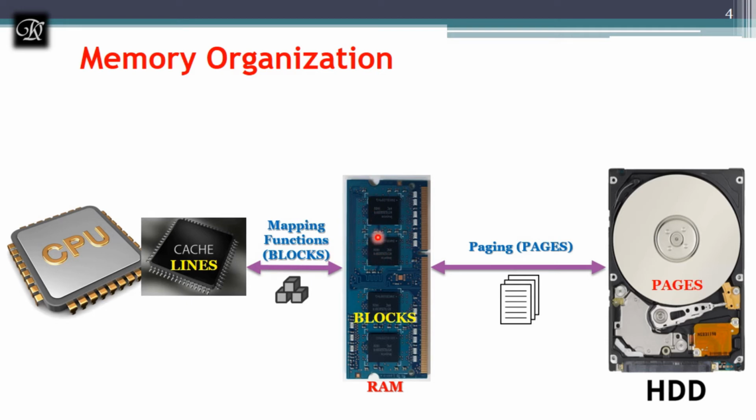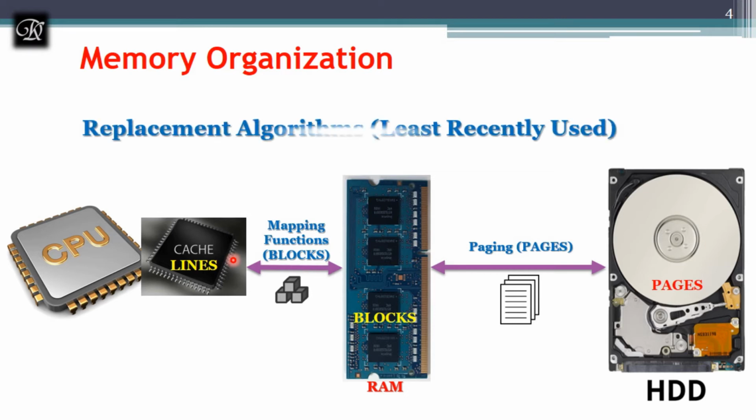But if I'm having some thousands of blocks in the RAM, where the cache can accommodate only some 10 blocks, it has to decide which block should be replaced here, which block should be stored over here. Of course, the highly used and recently used will be there in the cache. But what if all the 10 blocks are filled, and now I need one block which is residing in the main memory to be brought from RAM to cache? Who is going to decide which block to be replaced? That is done with the help of the replacement algorithm.